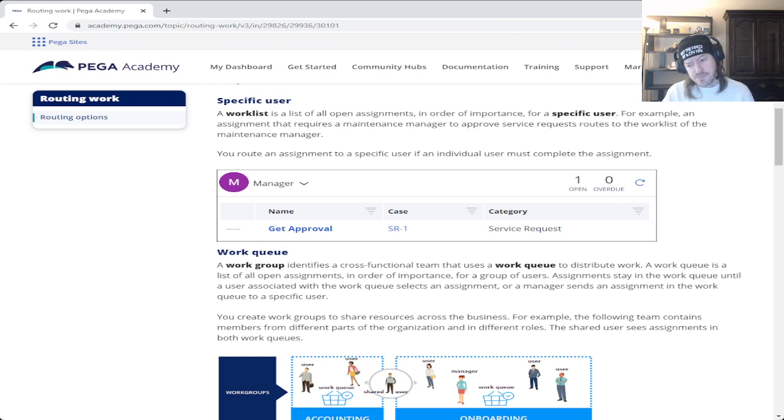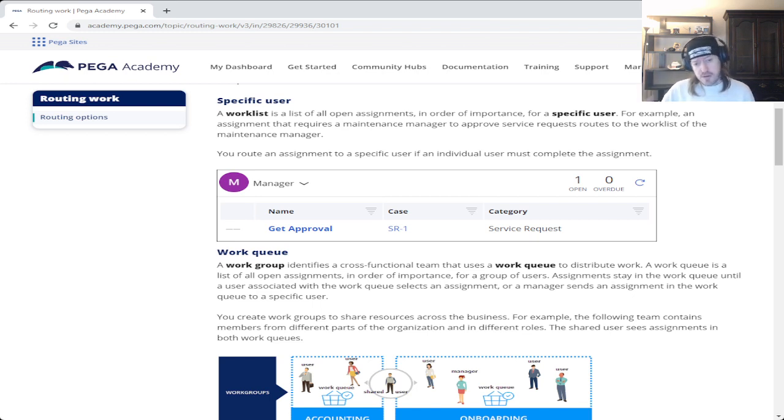And obviously, you can maybe see the full work list as well. So you're not wondering, where's this particular assignment at? Oh, it's in that particular work queue, or something along those lines.